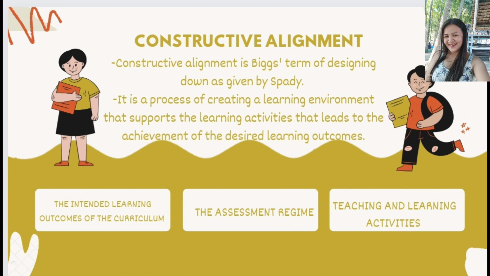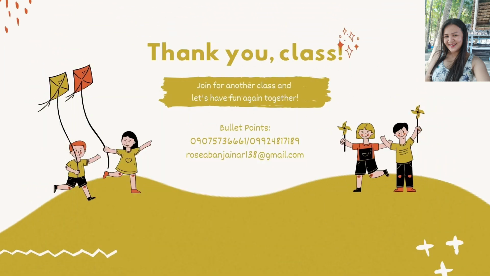From this, the assessment criteria are developed. The second one is the assessment regime. Once an appropriate assessment regime has been designed, activities are organized that will teach the students how to meet the assessment criteria and hence the outcomes. The third box is the teaching and learning activities. What the teacher does and what the students do are aimed at achieving the outcomes by meeting the assessment criteria. This takes advantage of the known tendency of students to learn what they think will be assessed and is called backwash. And that's the end of our lesson for today.